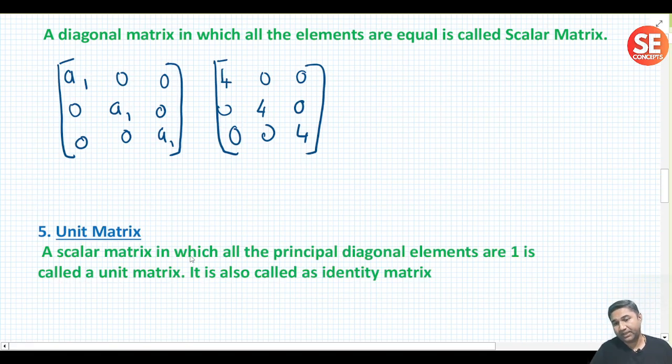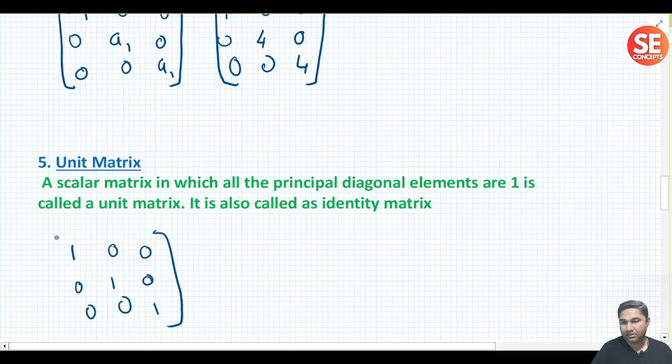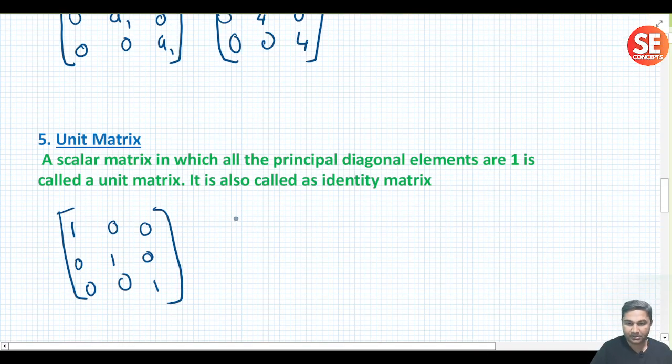A unit matrix is again a scalar matrix in which all the principal diagonal elements are 1. So I have not written that earlier 1 here. Why? Because I wanted to show you this. So if you see here, in a unit matrix, all the elements diagonally are 1. This is of the order of 3 cross 3. For 2 cross 2, only 4 numbers. This is a unit matrix. If you put 4 cross 4 order,